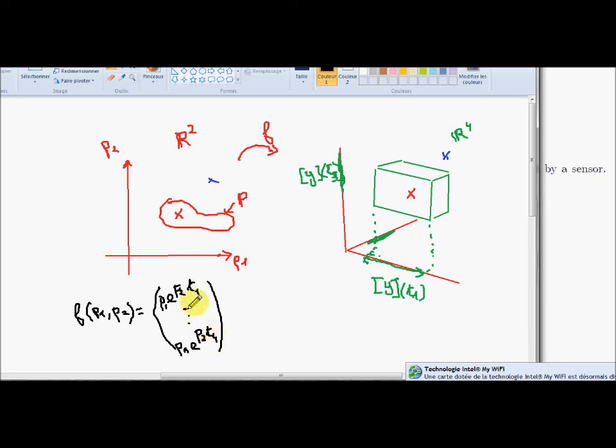Okay, so you have four numbers. F maps R2 into R4. So it is clear that here P corresponds to f inverse of y, where y is this box,